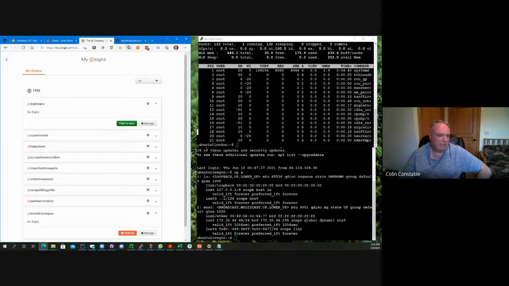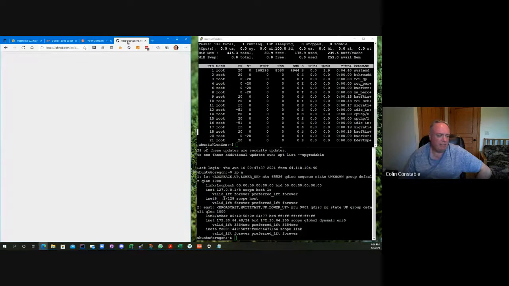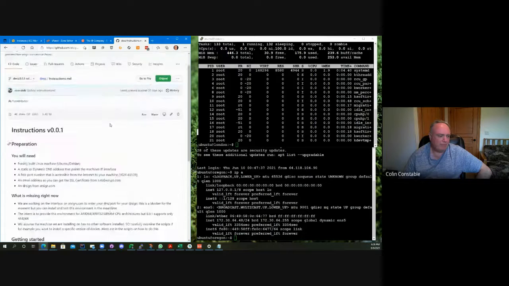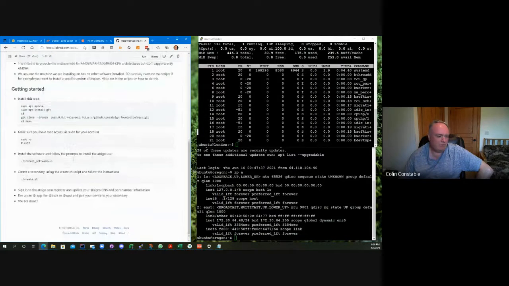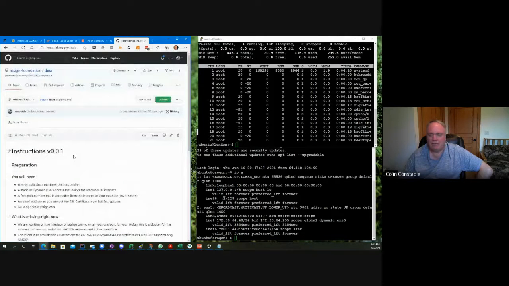We actually have a repo, and this is a repo in the @ sign Foundation. It's obviously on GitHub. It's called DES. DES is a distributed edge secondary server. So these microservices we call secondary servers. And there's a bunch of instructions on how to set it up. So what sort of machine do you need to run a microservice? A very small machine. Actually, it's way smaller than Amazon will even give you.